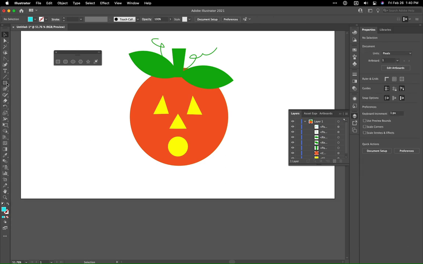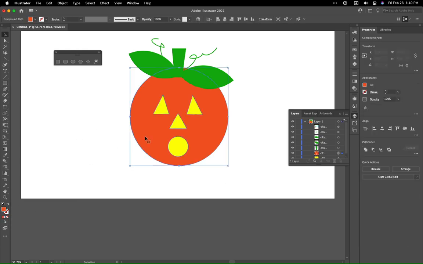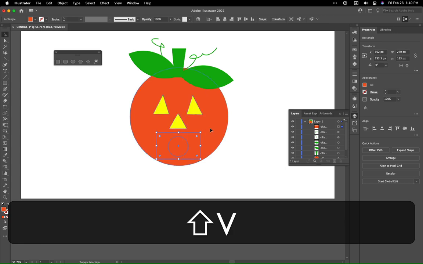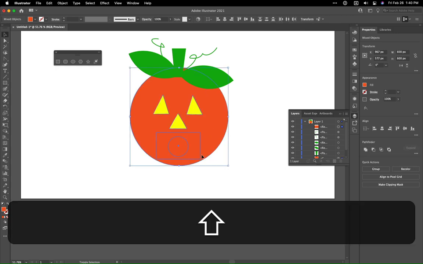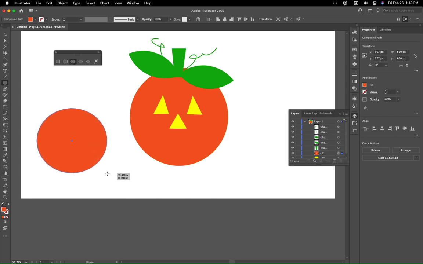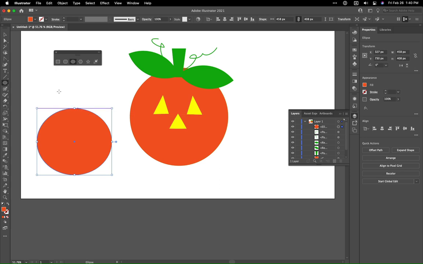As a matter of fact, let's go in. I'm going to select this so that I can cover over the mouth here. Holding V and holding down Shift, I've got both of these selected. Shift M, and now if I add to this, I've patched up that hole. Let's actually create something that's a little bit more of a Halloween kind of mask. It doesn't really matter what color we use because we're just using this as a cookie cutter. We're going to cut this out, and I'm just going to create that,